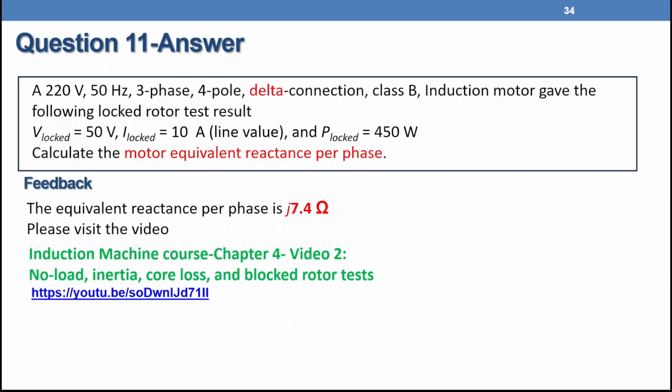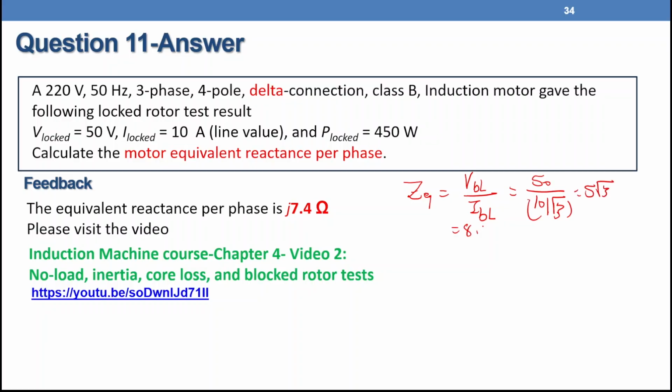I locked line value equals 10 ampere, and P locked equals 450 watt. We need to calculate the motor equivalent reactance per phase. So we know that Z equivalent equals V blocked over I blocked. Blocked or locked, they are the same. So that one is 50 over 10 over root 3 phase value. So that one is 5 root 3